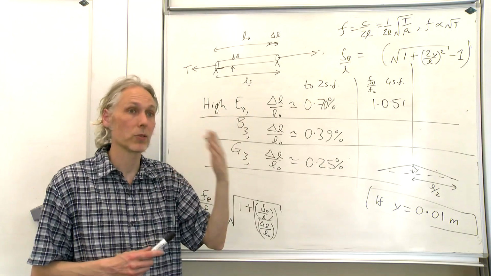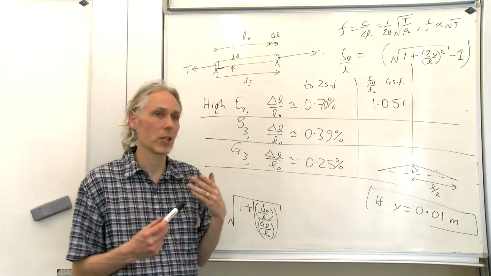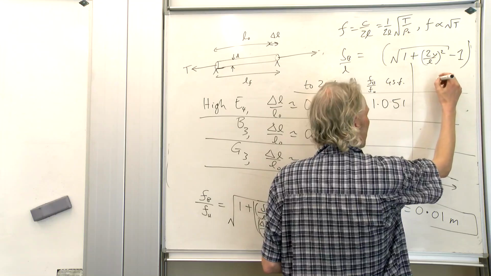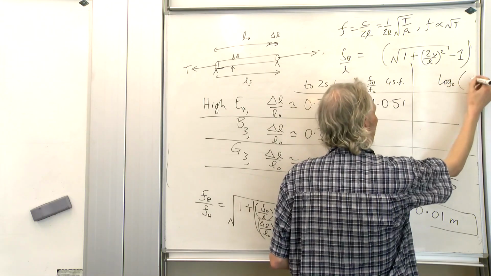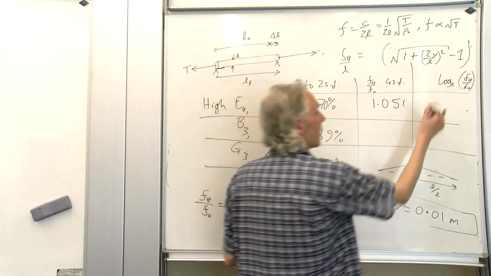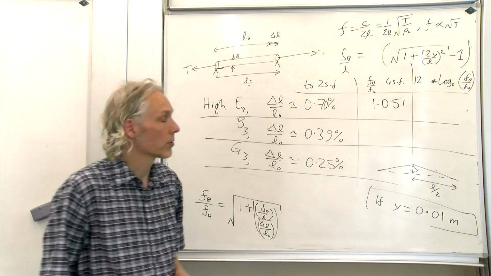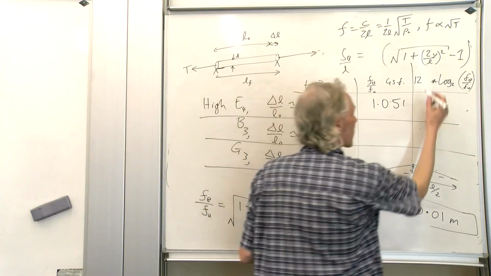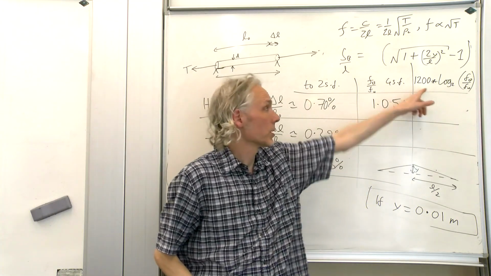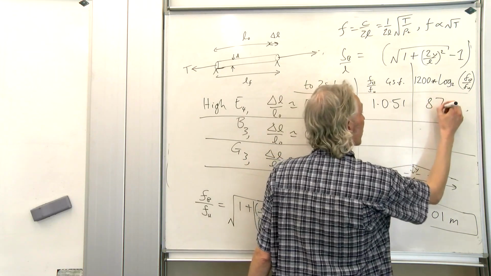If it's 3 octaves, it would be 2 times 2 times 2, so 2 to the power of 3. So if we do the log to the base 2 of a frequency ratio, we get a number of octaves. So what we're going to do is log to the base 2 of FB over FU. That's a number of octaves. If we want to know what that is in semitones, we times that number of octaves by 12. And if we want to know how many percent of a semitone, we times by another 100. So that's cents, percent of a semitone, this formula here. So let's do that. So 87 cents to 2 significant figures.